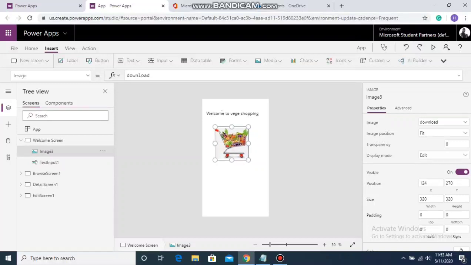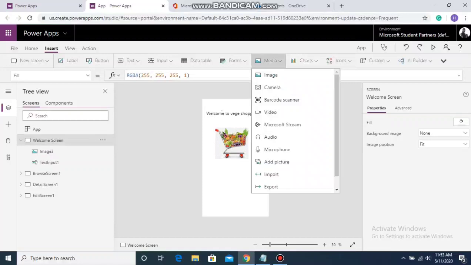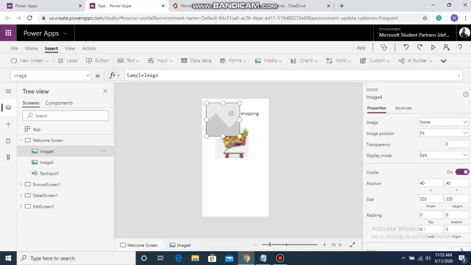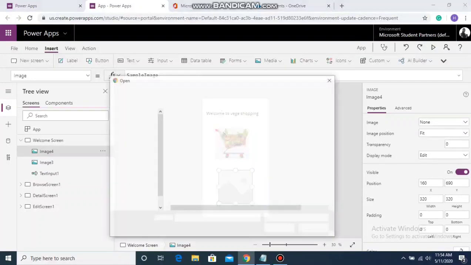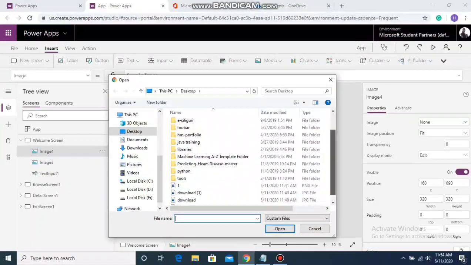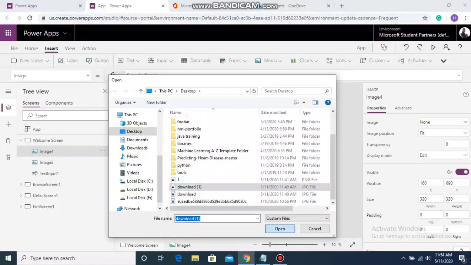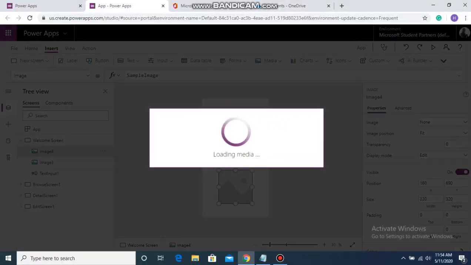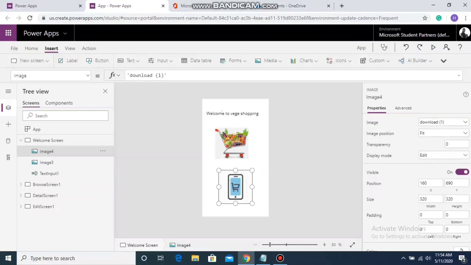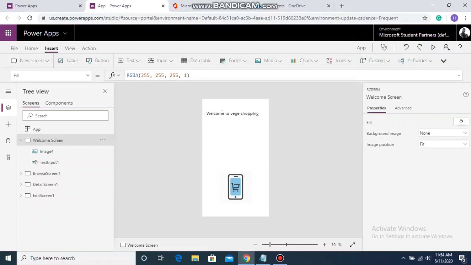Suppose this is how I want it to look, and suppose I want to add another media. Yeah, let that be here. I'm not great at designing. If you want, you can upload it, and see which one looks better. You can also keep this or this. So let me just